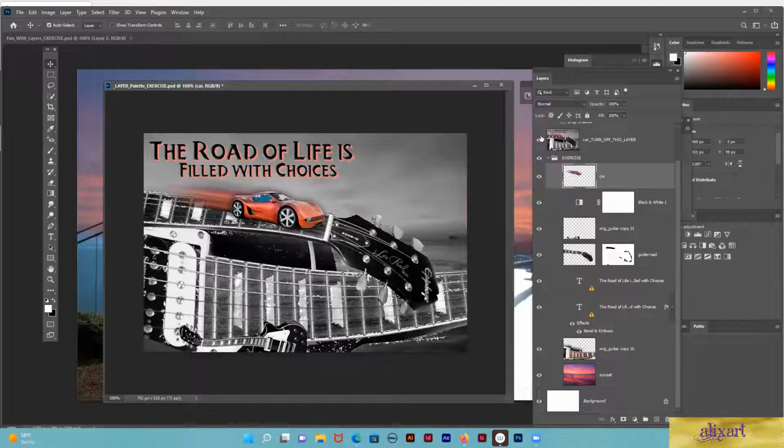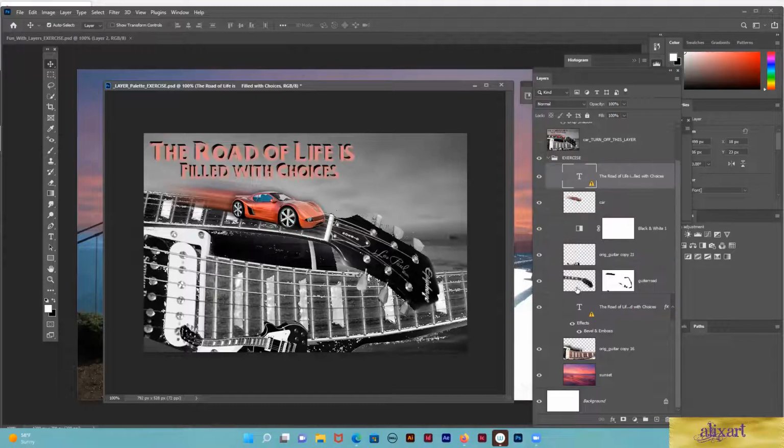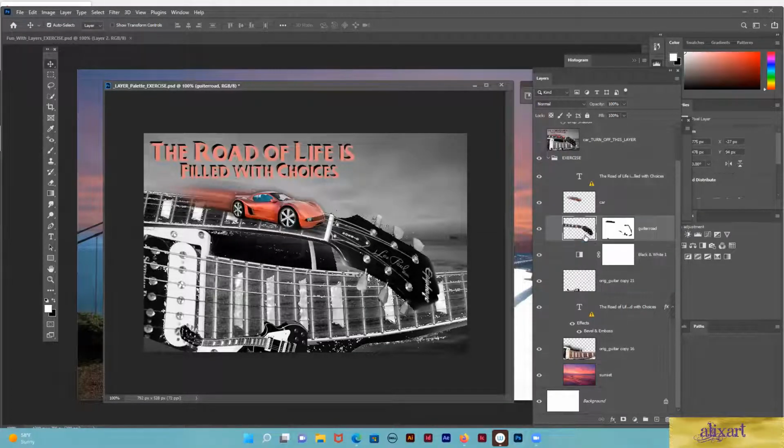Probably have to turn this one off. And you can see I need the text to look like this. So this is the same kind of situation where you need to drag stuff up and down until you get it to look the way it's supposed to look. This is almost solved for you guys, actually. So this one, except